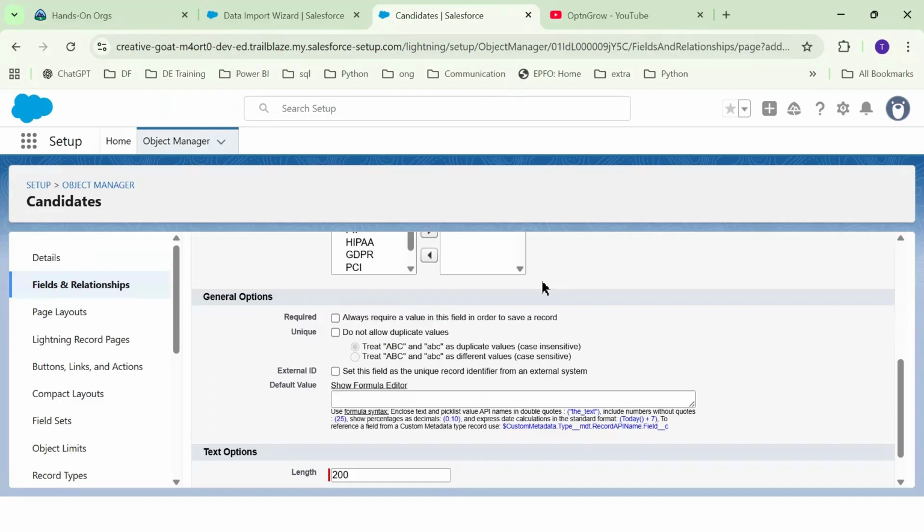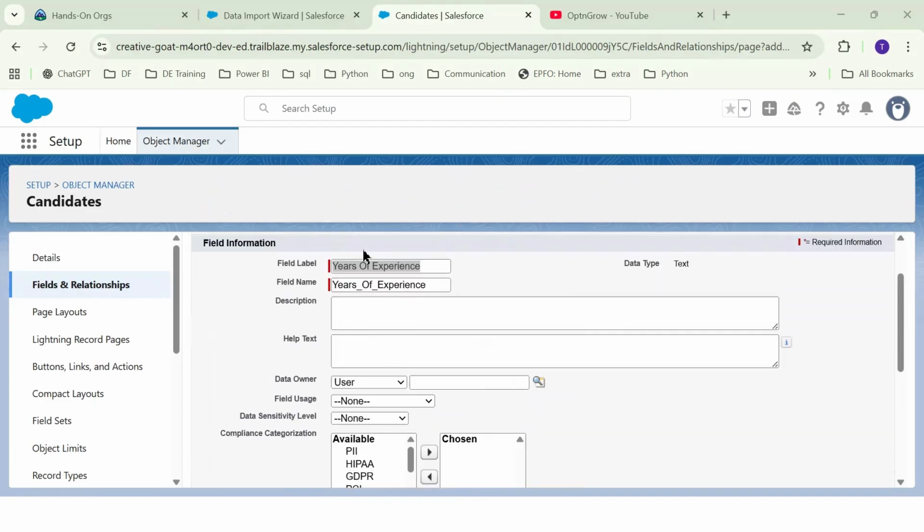But here's the limitation. The limitation is that fields with the data type as text, email, and number can be made as external ID. So it's not that you can make any field of any data type as external ID. That is not possible. So here is one field, and this field is a custom field.